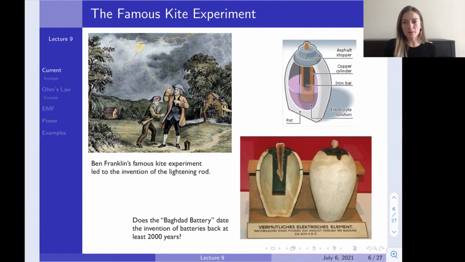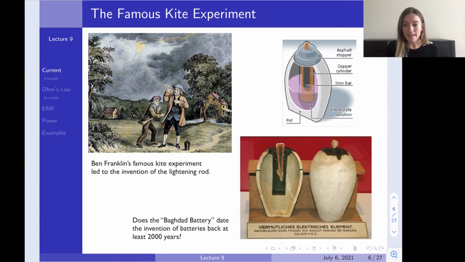Now I'm sure that everyone has heard of Ben Franklin's famous kite experiment, where he went out in the middle of a lightning storm, tied a key to a kite, and flew the kite so that he would get lightning to strike and prove that lightning was electricity and partially show how electricity works. We'll talk more in later lectures about the development of electricity and some other people involved in that, but this experiment did lead to the invention of the lightning rod, which we talked about in